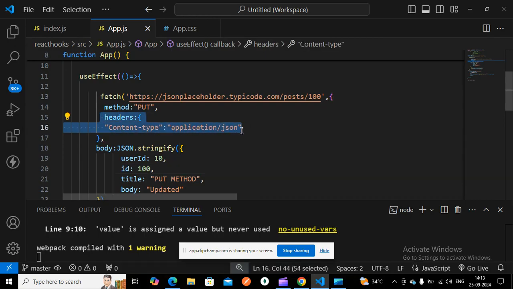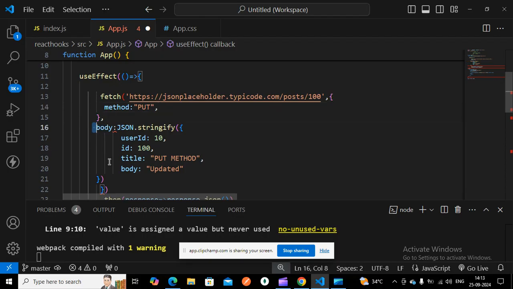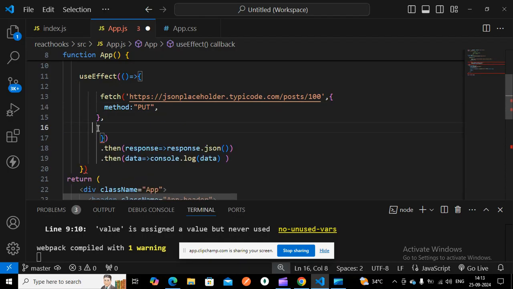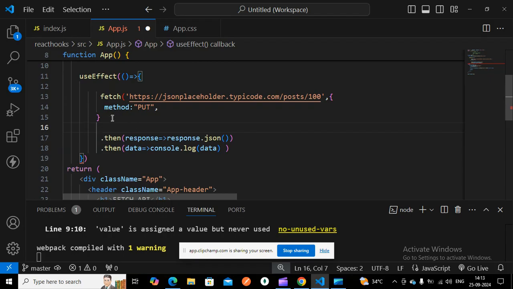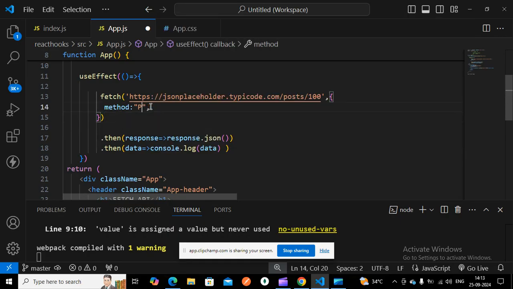You can wipe off this, and also you can wipe off this, and we can put it like this. So I have to give this. Now I save this. Now instead of put, I have to give delete.